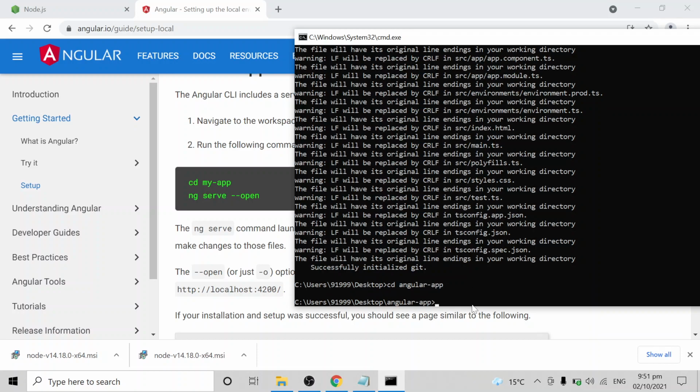Then enter. Then to run your Angular application, you can give the ng serve command. It will run our Angular application on a port. The default port number is 4200. I can show you. The open option opens the default browser in your machine. It will open this Angular application in the browser automatically.